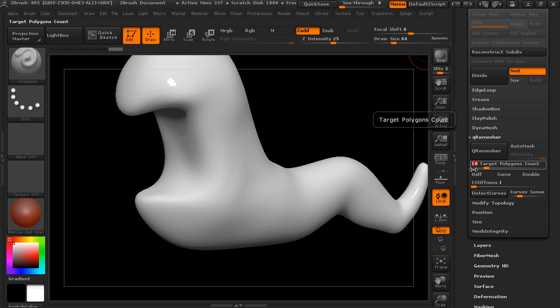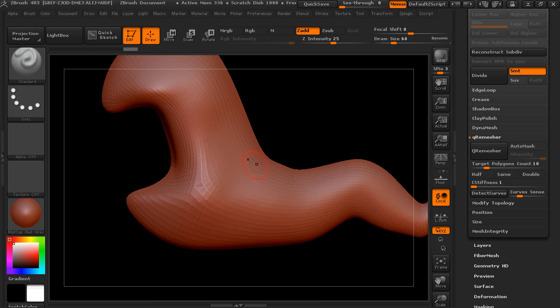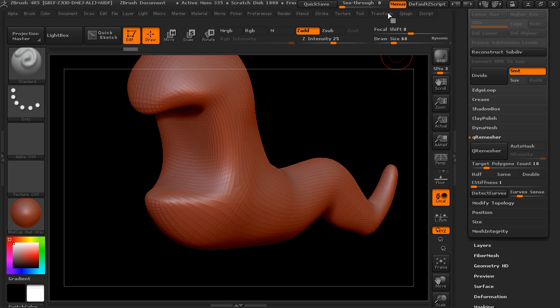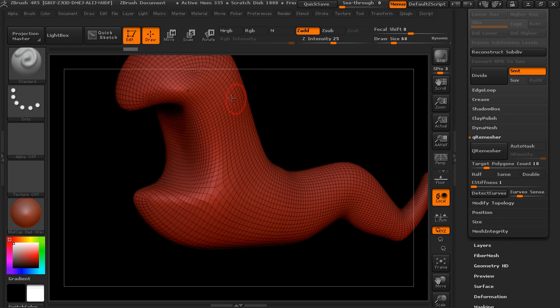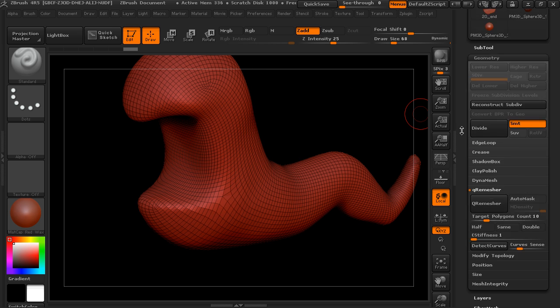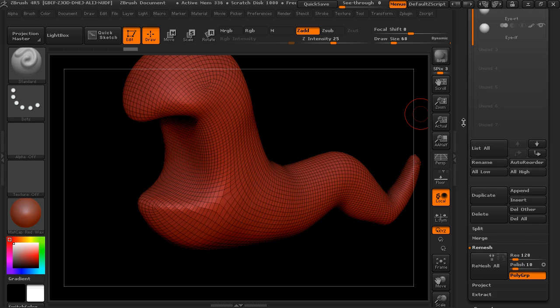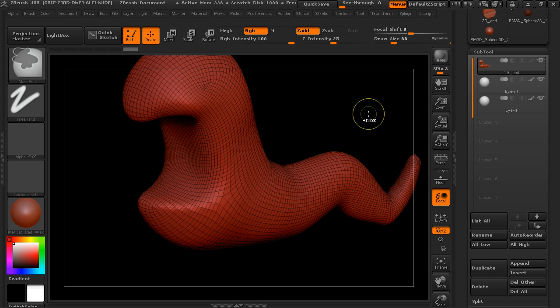Or I can say I want to have half the number of polygons, or the same number. And then we can use QRemesher, and it'll go through, look at the mesh that you've got, and remesh the object in a kind of cleaner layout. You also have the ability to, well, let's go ahead and just look at this here. So it sort of remeshed this into a nice clean layout. And you can see that there's not really any attention paid to the roundness of the mouth or anything like that. So, what you can do, and this actually has done it on the mesh itself,